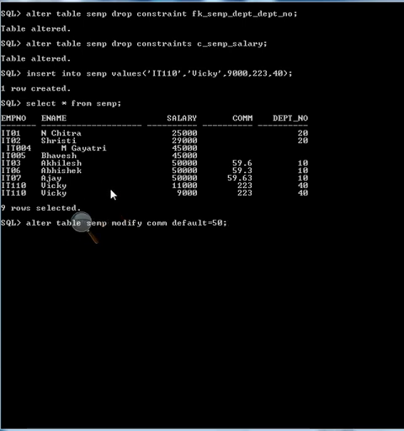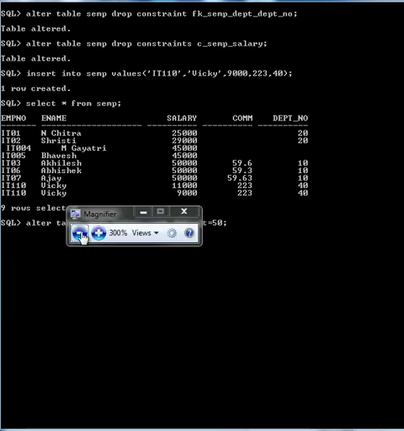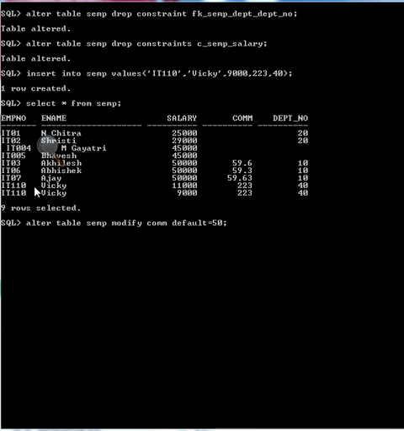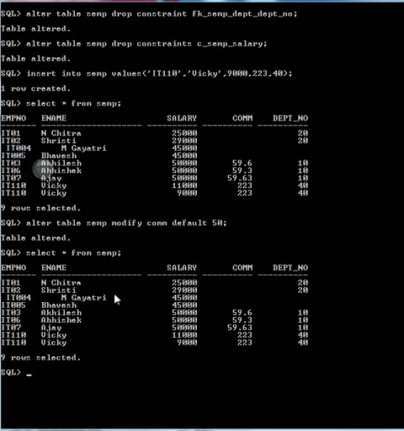Okay, let's see. Default 50. Okay, table altered.